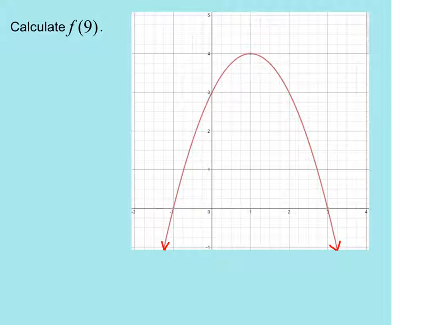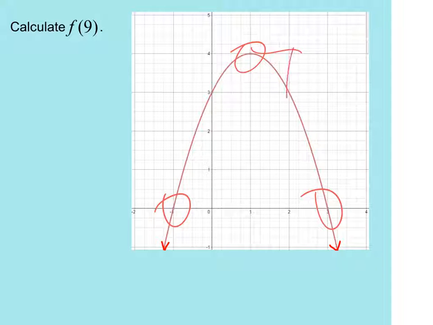What is f of 9? You just have to write the equation first. Everybody take a moment and either use the vertex or the two roots and write the equation. I can see that if I go over one and down one that there's a dot there, which means to me that it's not been stretched. So I don't have to worry about a stretch. Write it with either the vertex